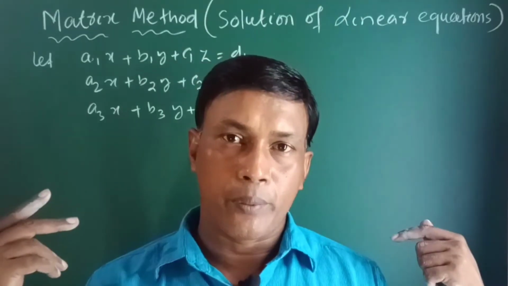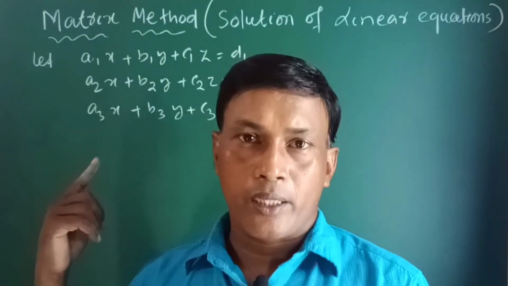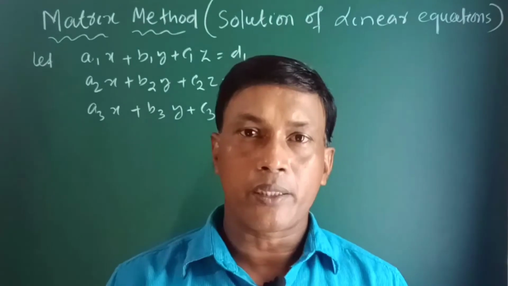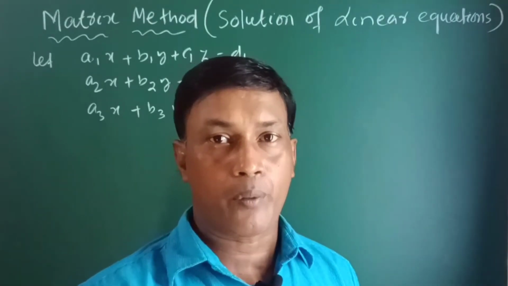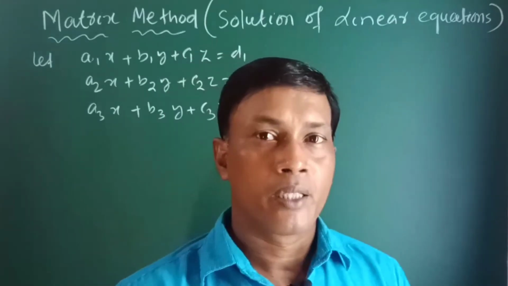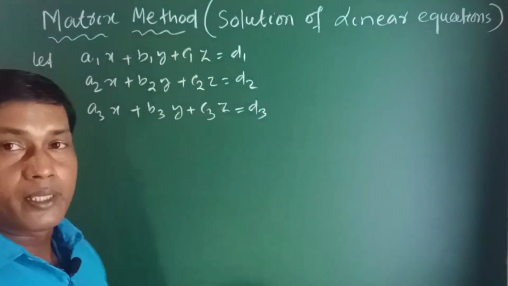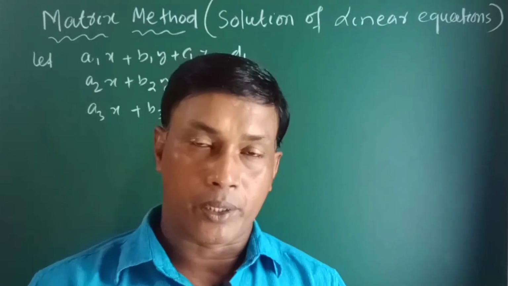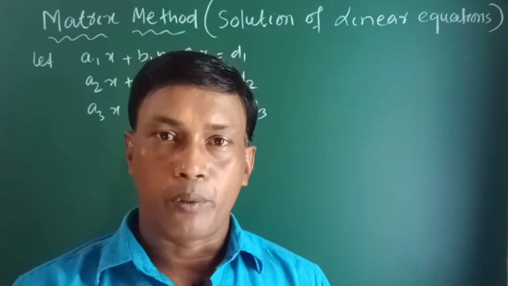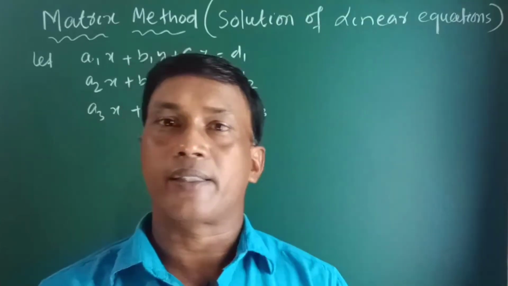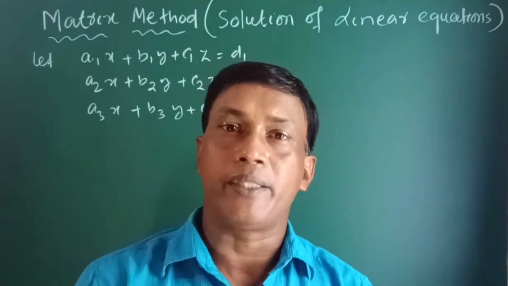So here is a system of 3 equations. There are 3 equations and 3 variables. How can we solve using the matrix method? How can we solve using matrices? So if this is a system, you have been given a system of equations. You will be given a system of equations. First you have to find 3 matrices A, X, B.